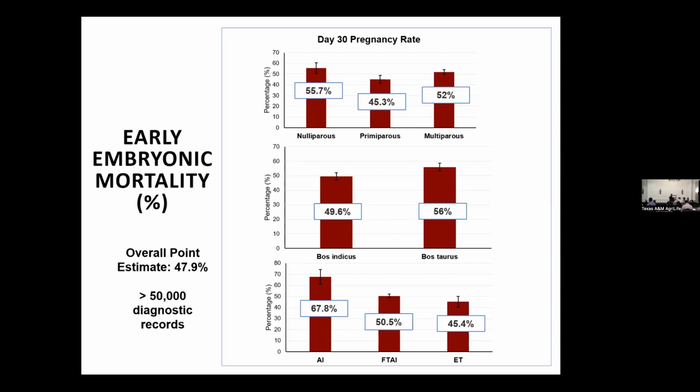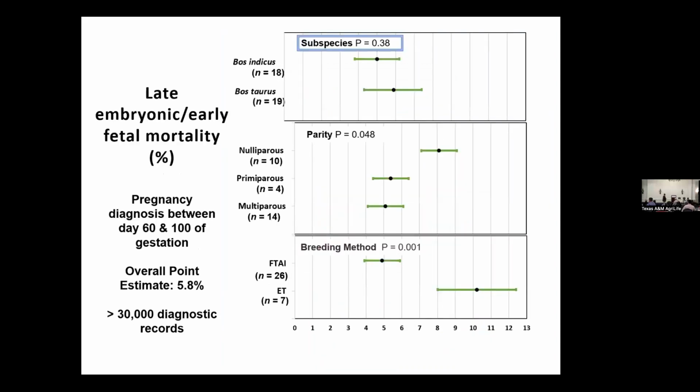And so I show these because I think these are the realistic expectations. In a primiparous herd undergoing some type of reproductive technology, 45% pregnancy rate at day 30. Again, a high percentage of those cows were not cycling the first day of the breeding season. A high percentage of those cows are still growing. Maybe it's partially our situation of getting them to the right body condition score, et cetera. But again, 45%, pretty good. Okay, let's look at the next